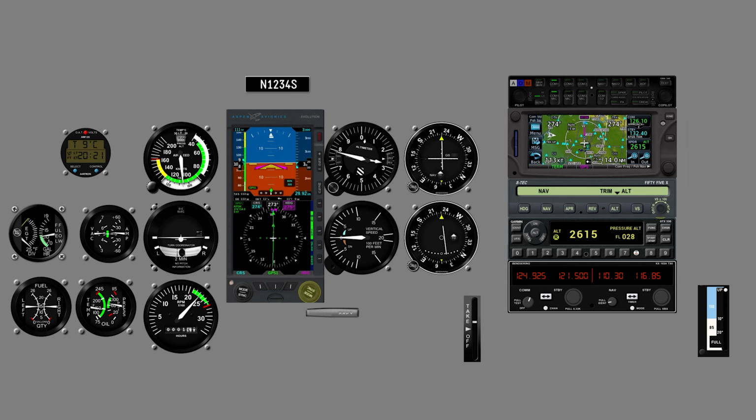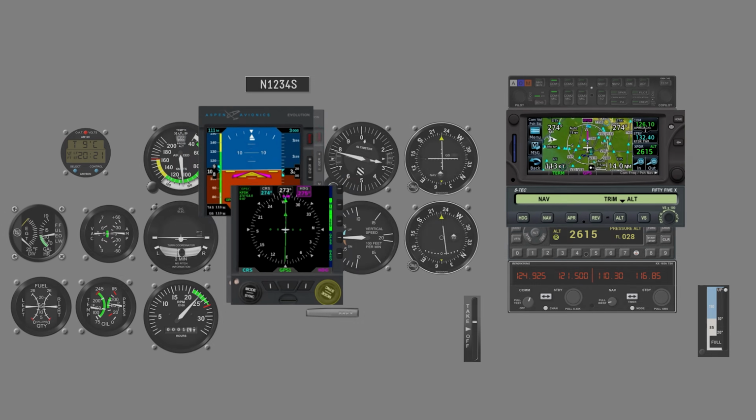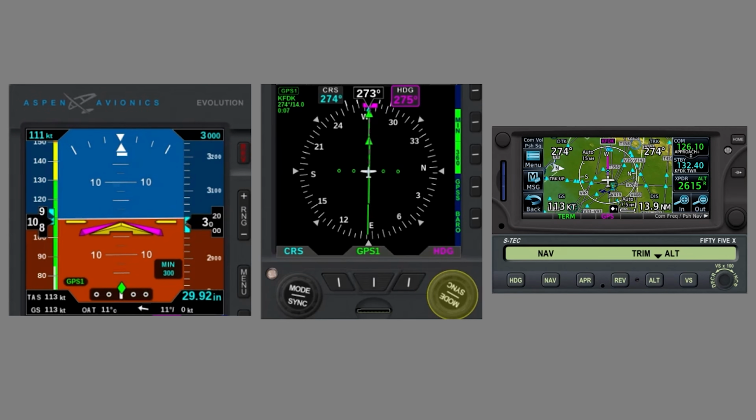We're looking at a panel featuring the Aspen E5 electronic flight instrument setup with a PFD up top and an HSI down below. We've paired it with a Garmin GTN-650 and S-Tec Autopilot, and with help from Todd at Solid Ground Aviation at Tipton Airfield in Maryland, we're going to simulate an ILS approach to have a look at its basic functionality. This tutorial assumes a baseline understanding of glass cockpit platforms such as the G1000, so we won't get